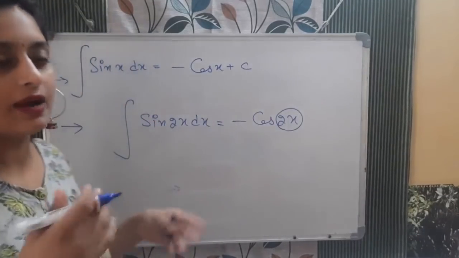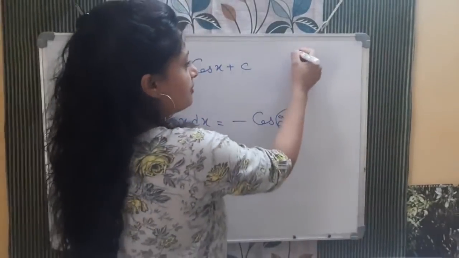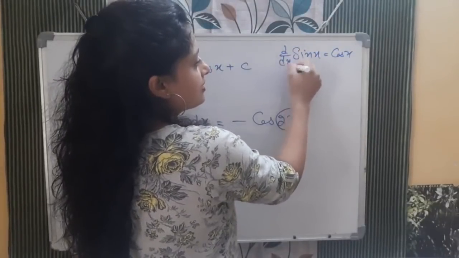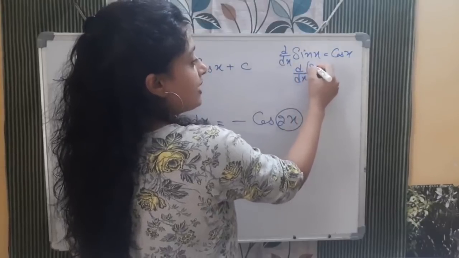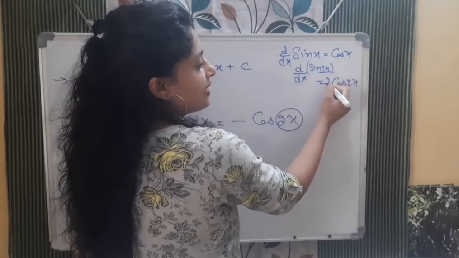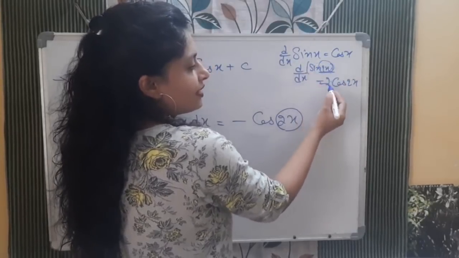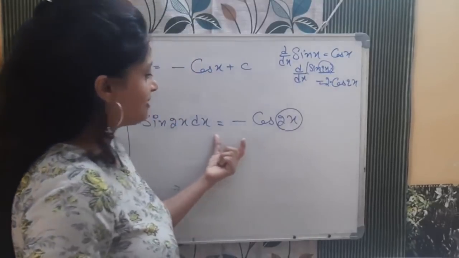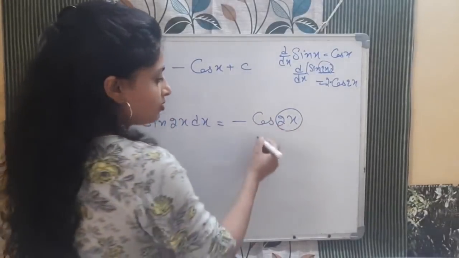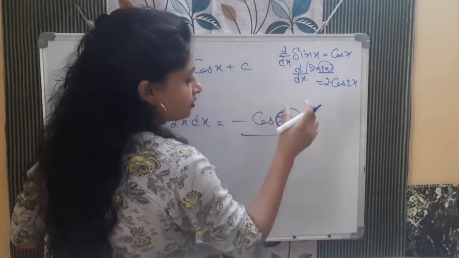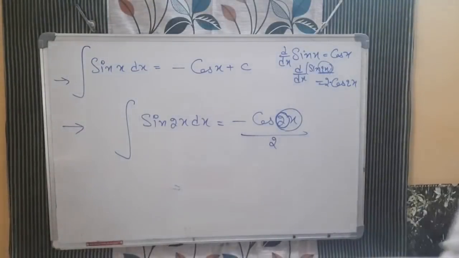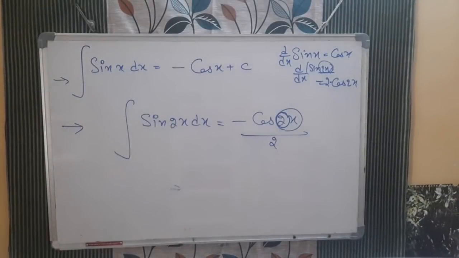Do you understand? Like what were we doing there? It was simple. See, sin x differentiation was cos x. d by dx of sin x. Then if I say d by dx of sin 2x, so what were we doing? Cos 2x, and then we were differentiating this and multiplying by 2. Differentiation of 2x is 2 and we are multiplying it with that. Same way, if I say now integrate this, so minus cos 2x, and we need to integrate this part also. So the value that is given here will come in the downward direction. So what will happen? It will be minus cos 2x divided by 2.